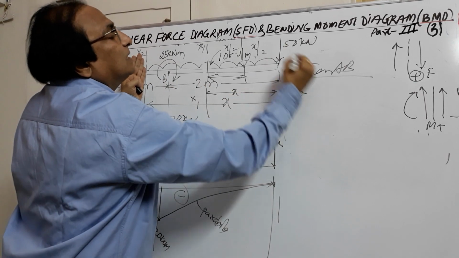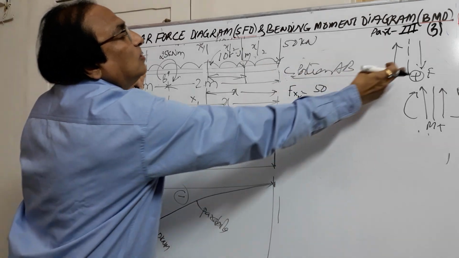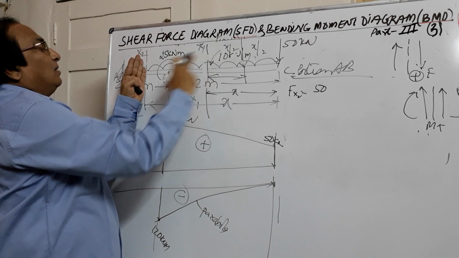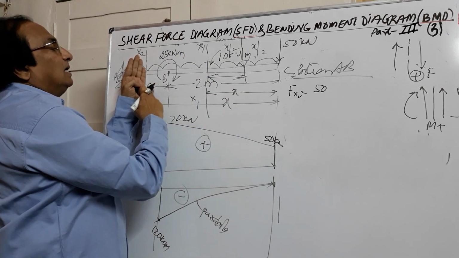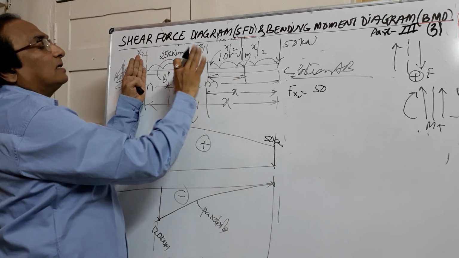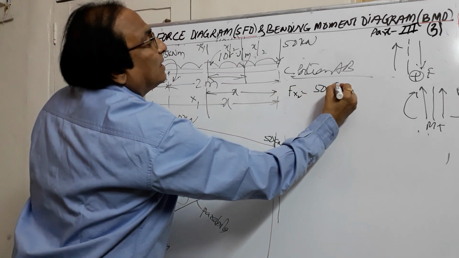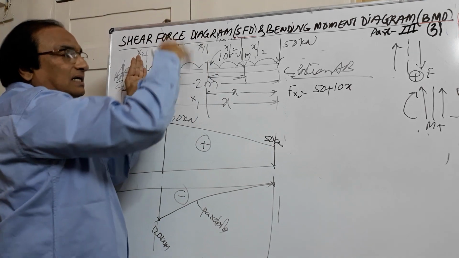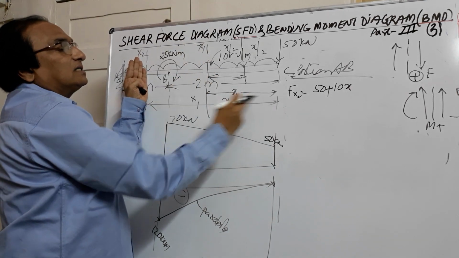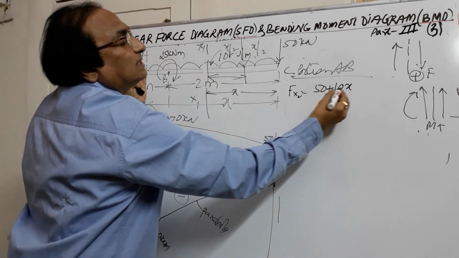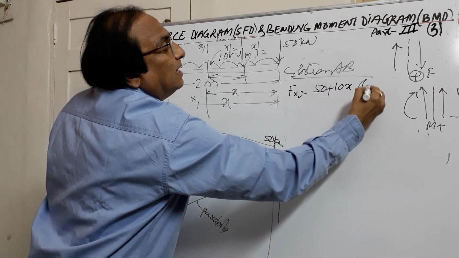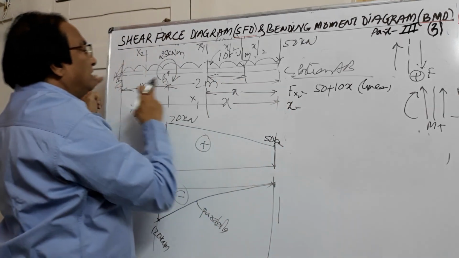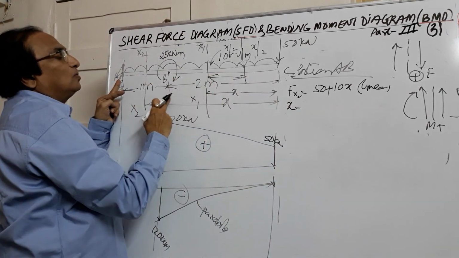So here it is 50, right down is positive, and this UDL, its intensity is 10, and what is the distance for which it is acting? It is acting from here to here. Now forget that earlier portion. So it will be 10 into x, plus, down on the right hand side. So 10 into x is the force acting. So here the force is associated with x. It is a linear distribution. So x is equal to, we are in the portion BC, x is equal to 2 meters.